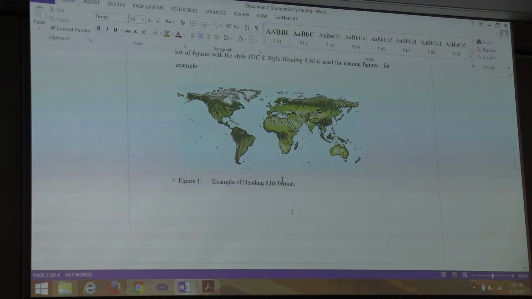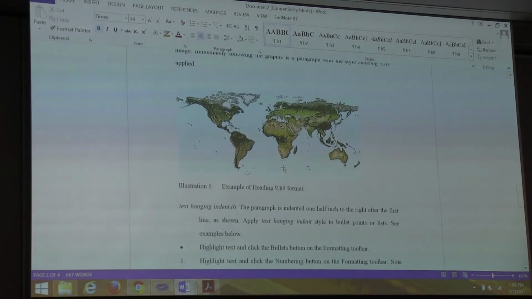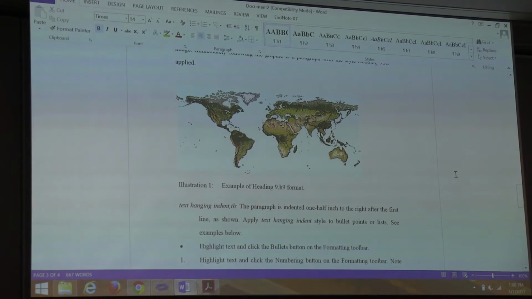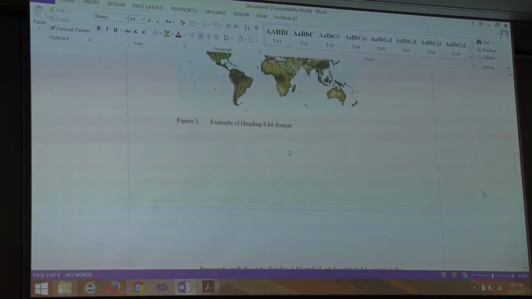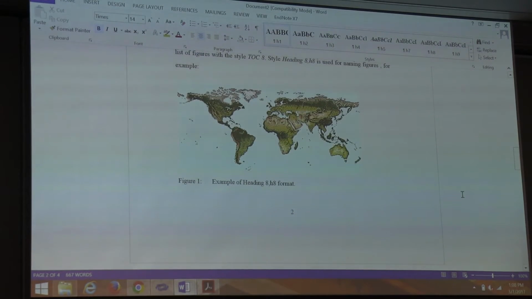Here's a sample figure, and here's a sample illustration, and they're both the same image. So begs the question of what's a figure and what's an illustration? And the answer is it's whatever you want them to be. This is just a tool so that if you have 2 different kinds of images that you want to distinguish between, like if you had a bunch of maps and then a bunch of photographs, if you want to keep them separate, you could call all the maps figures and all the photographs illustrations, or vice versa, or you can just call everything a figure if it doesn't matter, or an illustration.